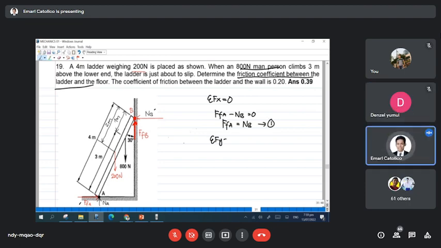Then, mag-summation of force Y tayo is equals to 0. So, meron tayong 200 Newton. Since pababa yan, so negative 200 Newton. 800 Newton, since pababa yan, negative 800 Newton. Then, also meron tayong normal force at A, so pataas, ano? So, plus NA. Then, meron tayong frictional force at B, which is pataas din. So, plus frictional force at B is equals to 0. Okay. So, negative 200 minus 800 is negative 1,000